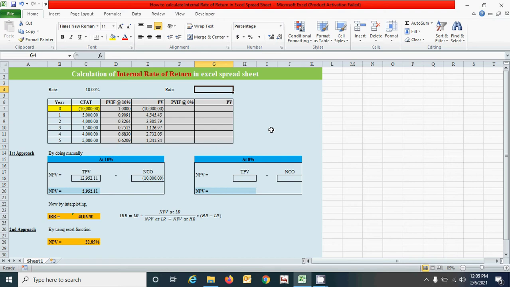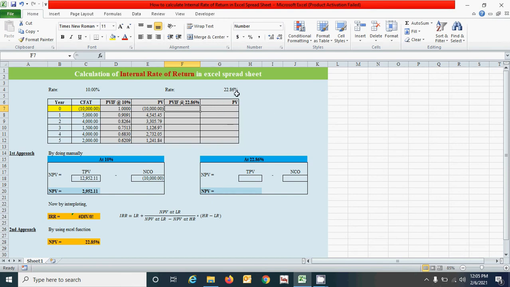Alright, so here I'm going to use 20.86%, right? Now let's calculate the PVIF based on this rate. The PVIF and PV will be calculated the same as in these two methods, okay. So I'm going to calculate it. You can see,